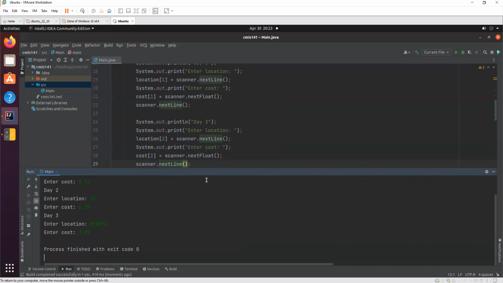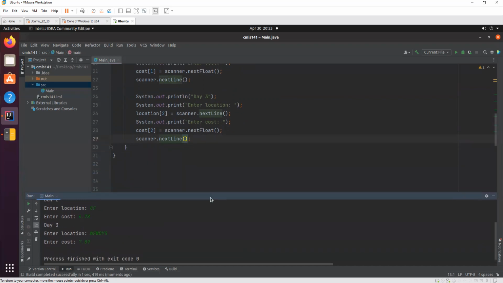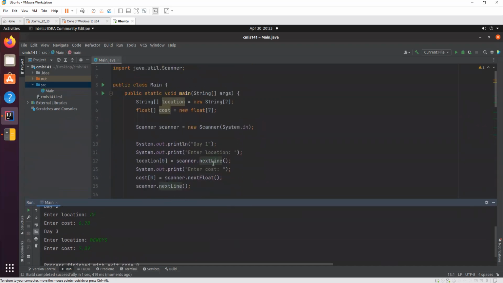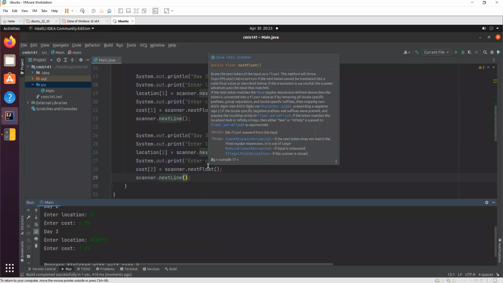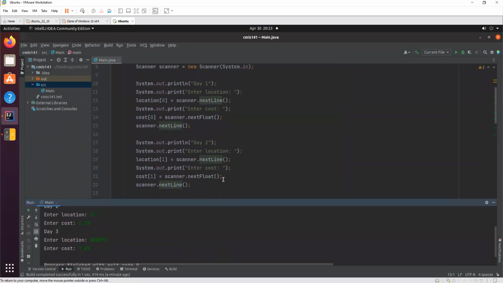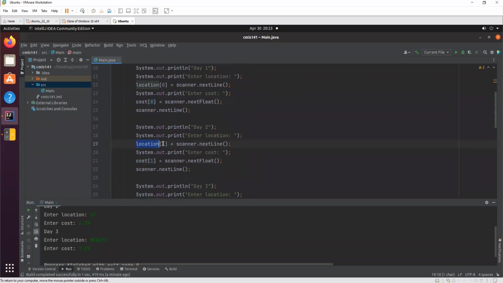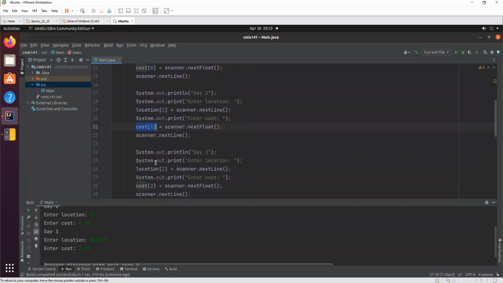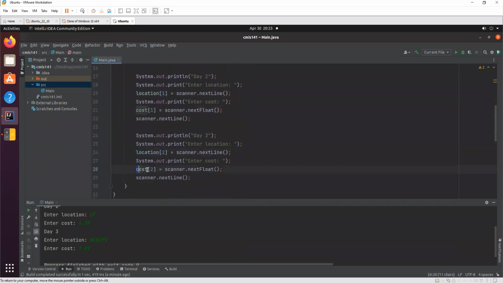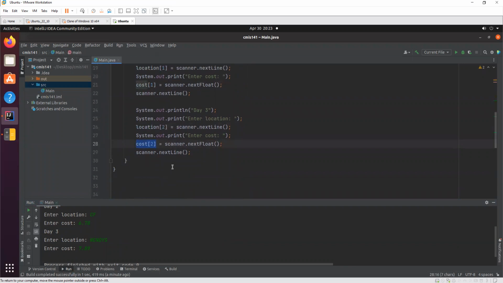Okay, and then that's the end of the program, because we're not doing anything else yet. So we're only doing 3 days, just because I don't want to have to repeat this 7 times. But here is where I'm putting in the information for each day. Location of 0, that is the first variable, along with the cost of index 0. Then location at index 1, cost at index 1, location at index 2, cost at index 2, and so on and so forth until we get to the last day of the week, which would be, if we were doing the last day,